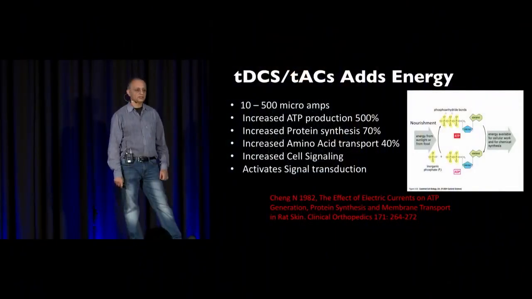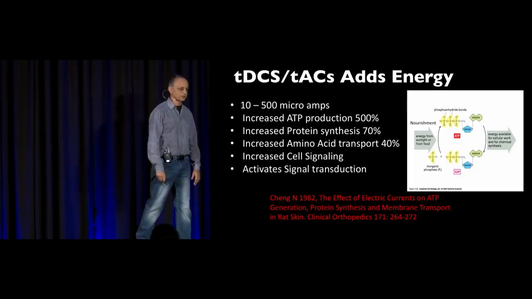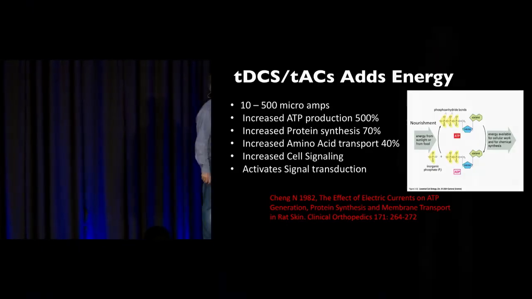So I will be talking a little bit about direct current and alternating current, highlighting some points. I've spoken about that here in the past, and then we'll move on to photobiomodulation. So one thing that these modalities do, even in low amounts, is to add actual real energy to the system. So you're actually adding energy and electrons into the system.